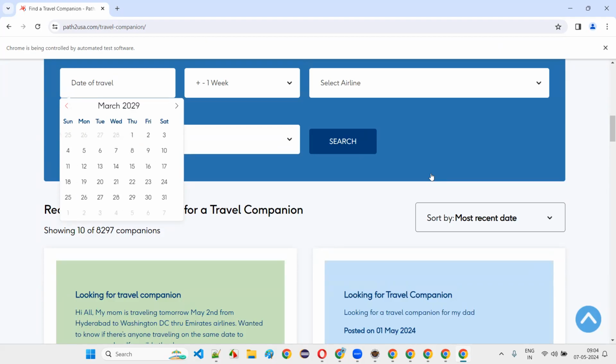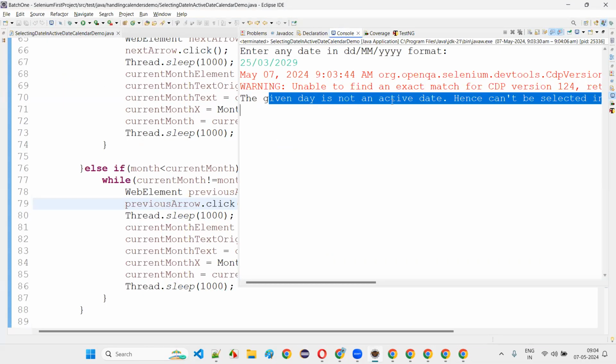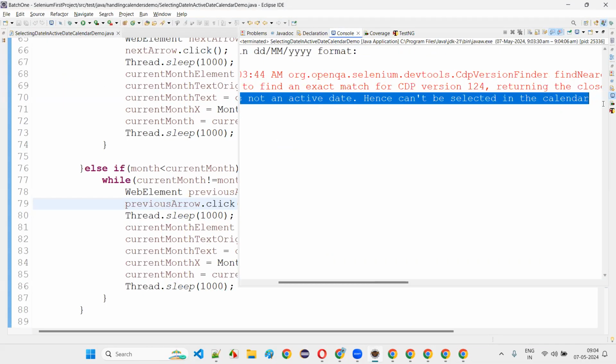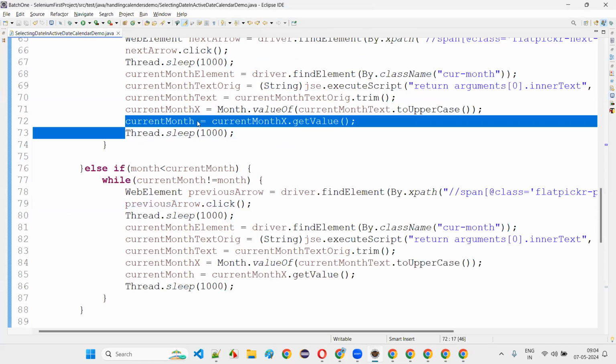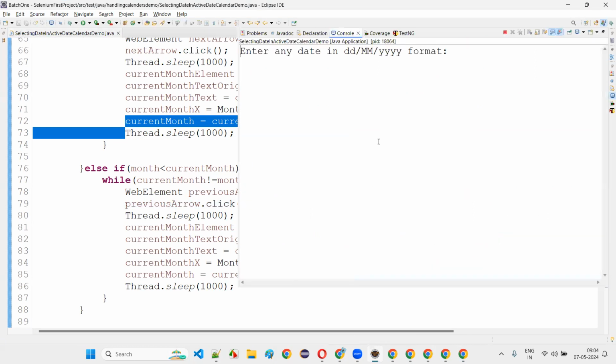Yeah, it went till March. It stopped. I think it's working fine now. But finally, the given day is not an active day, something is coming up. But one more thing also we'll try out. What if, with the month thing, I give the same month